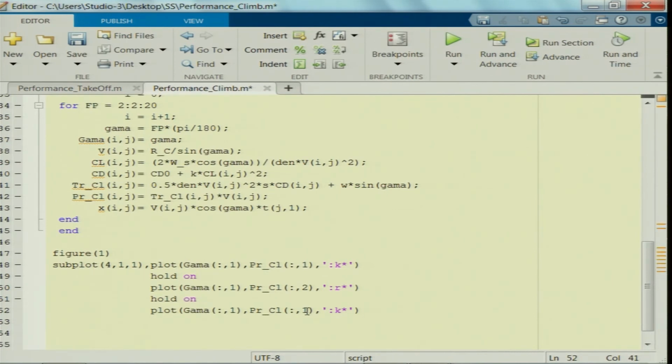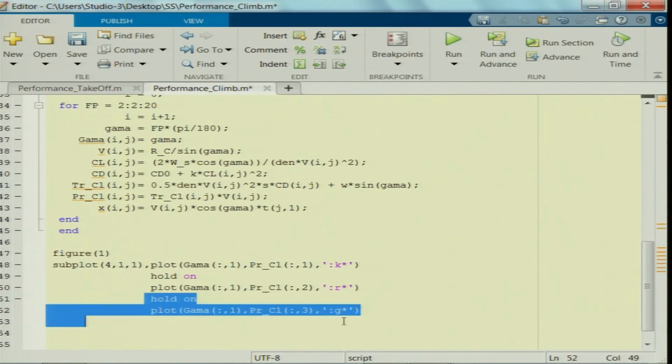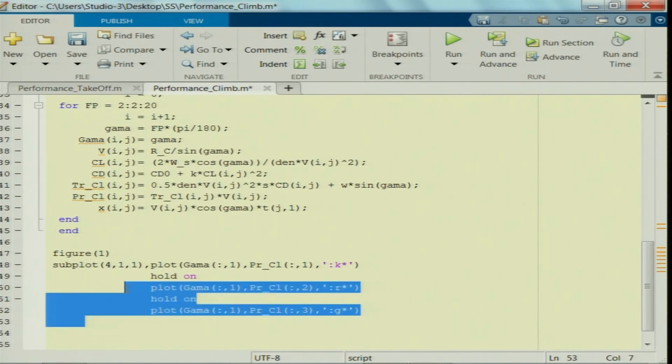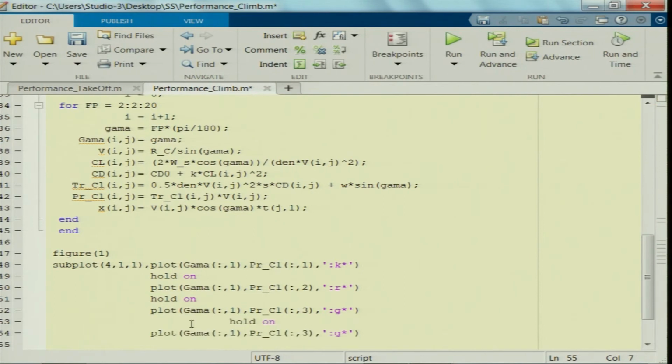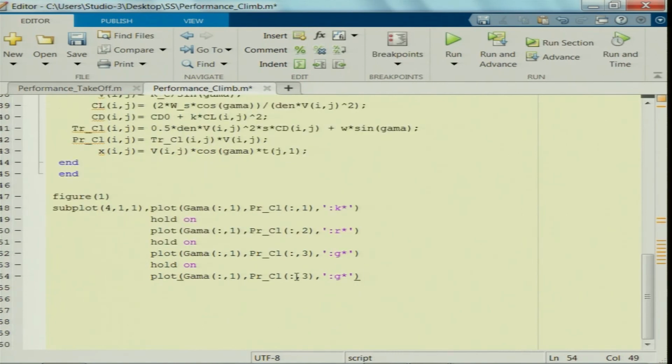The third column is when rate of climb is 3. So, instead of red I will say green. Hold on. Now I am plotting it for rate of climb 4, which corresponds to column 4 here.